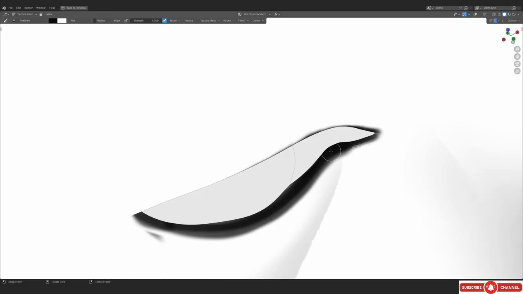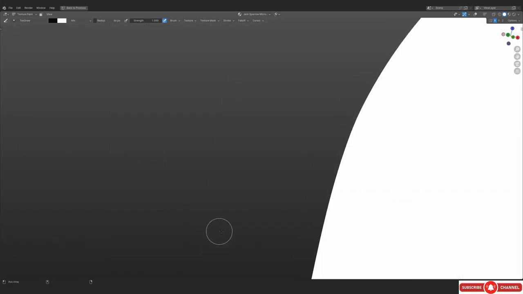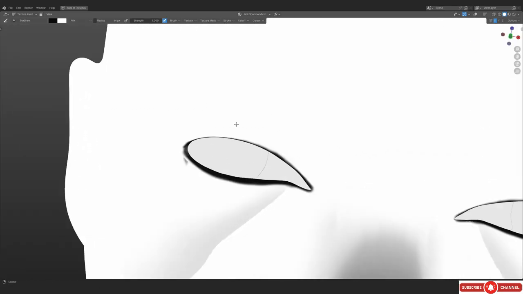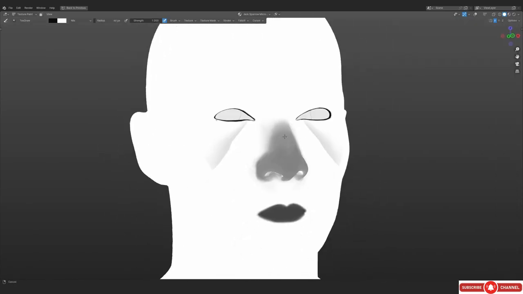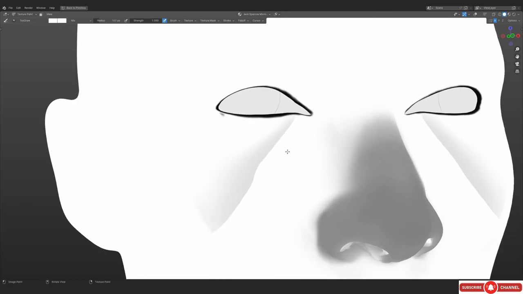I don't know why. Actually it's a good thing that I'm doing this in this particular mode, the texture paint mode, so that you can see the downside of painting in this particular mode. You have to be super careful that you don't accidentally paint the different area, which I don't really like, I'm gonna be honest.